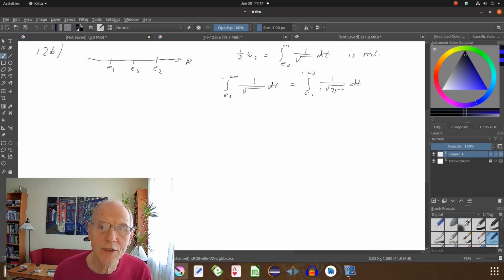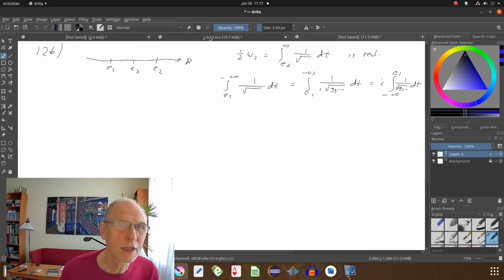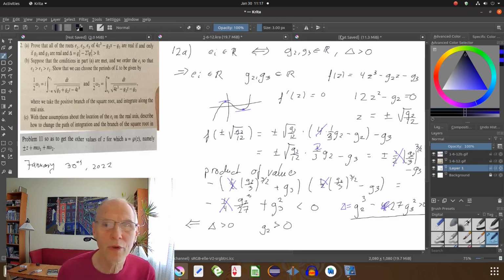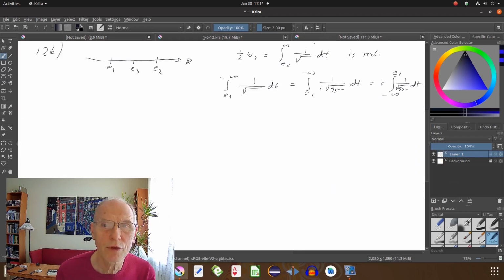So we change the direction of integration. Wasn't that what they did? Exactly. So it gives a purely imaginary